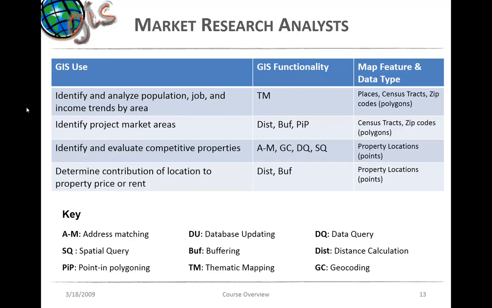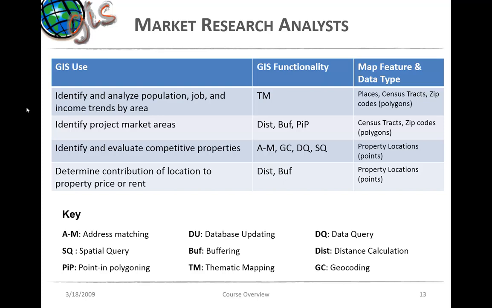And if you are talking about a market research analyst, who could be working in a real estate department, a planning department, in an economic development division, your job is to identify, analyze population and job and income trends. Or you could be a property manager, anybody. You need to identify project market areas, identify and evaluate competitive properties, and determine the location of property price or rent. So all these people, what they do is they map census data, demographic information, socioeconomic information, and they use a lot of buffering, geocoding, and data querying and spatial querying